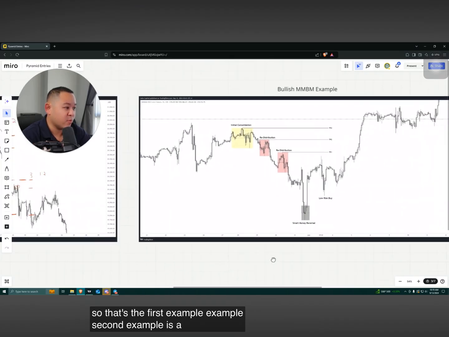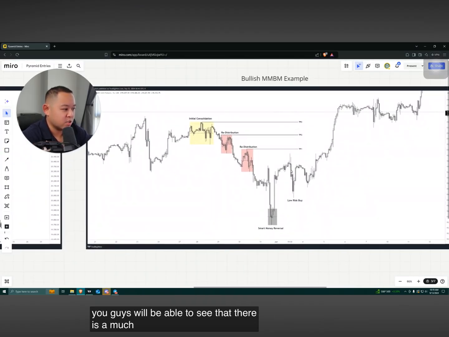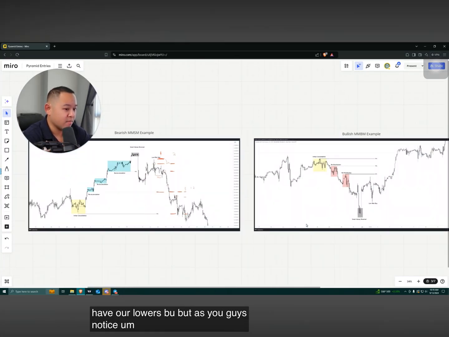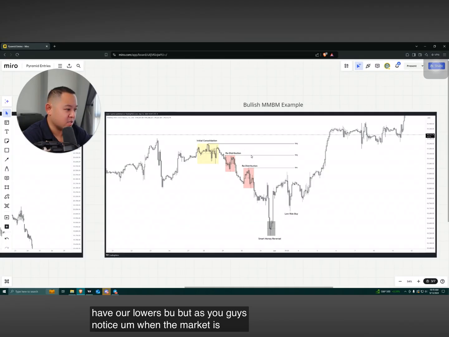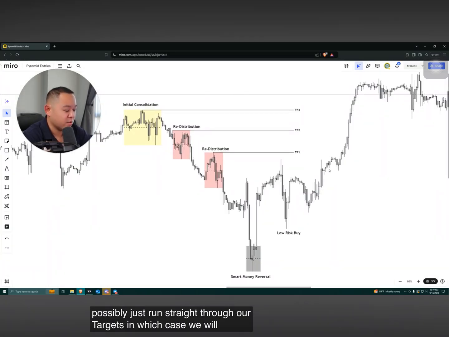Second example is a bullish example, and you guys will be able to see that there is a much deeper pullback where we can have our lowest buy. But as you guys notice, when the market is in more of a low resistance liquidity run, we are not getting those deep pullbacks. It will possibly just run straight through to our targets, in which case we will just have to use tighter stop losses,